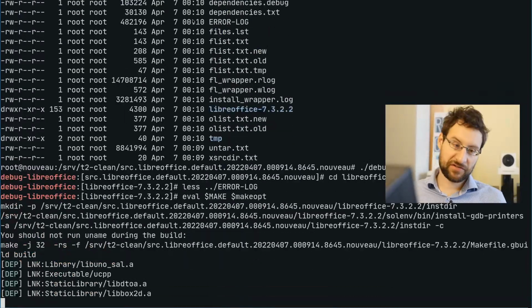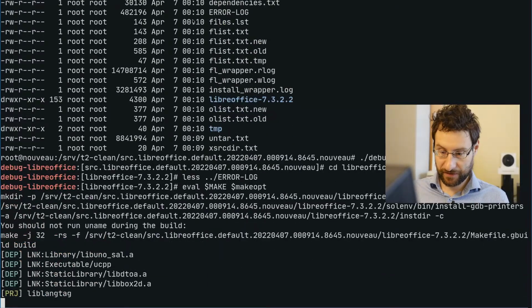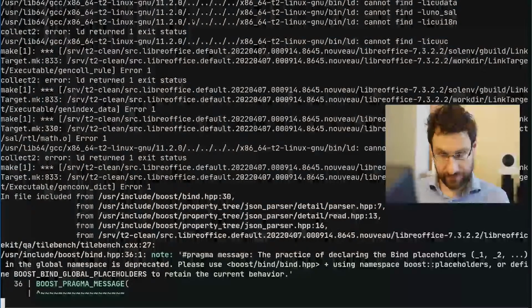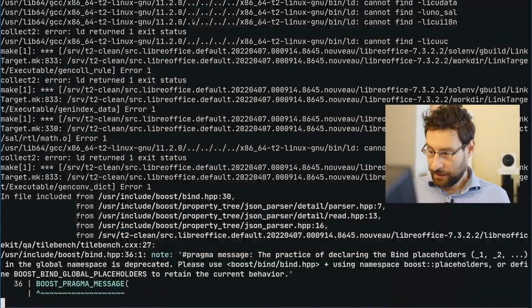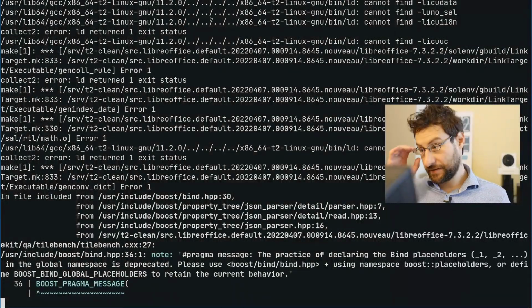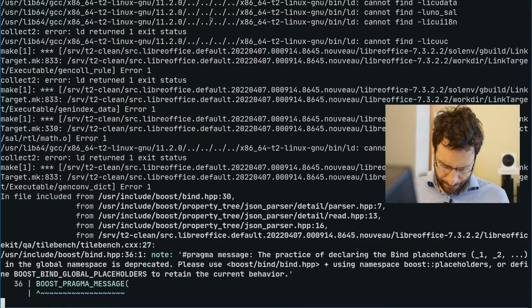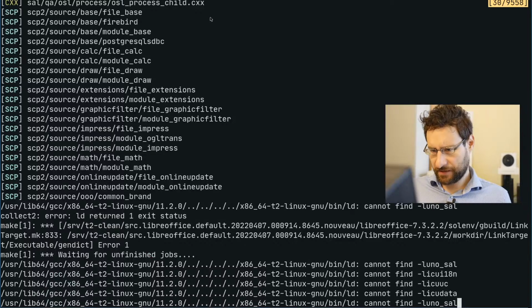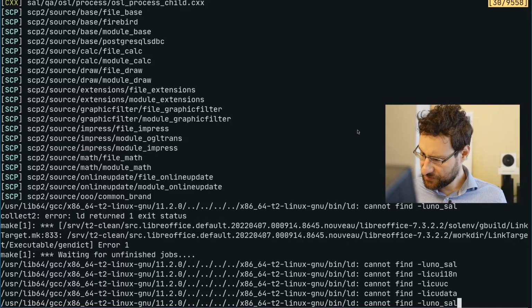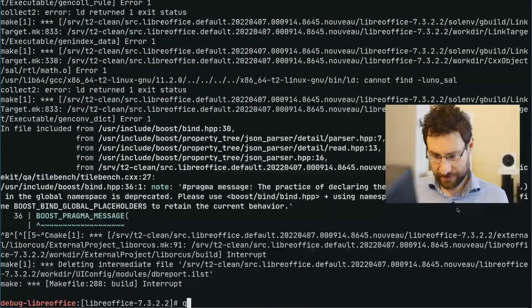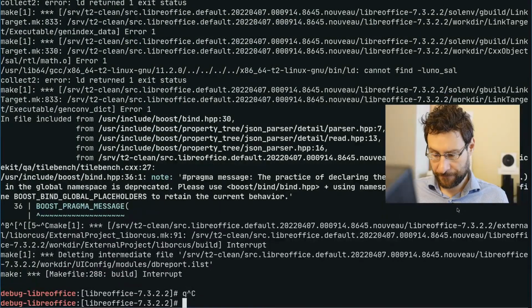Let's see. One other thing, similar to Rust and Cargo, it's downloading stuff, at least some external dependencies. Okay, so this also still has the same. This is so frustrating. If it were not for this YouTube channel, I would already not do that anymore. So this is still the same error like a year ago. I wonder why it doesn't happen for other people.